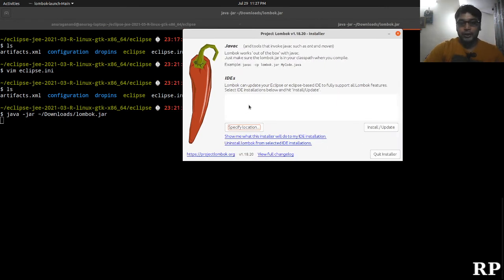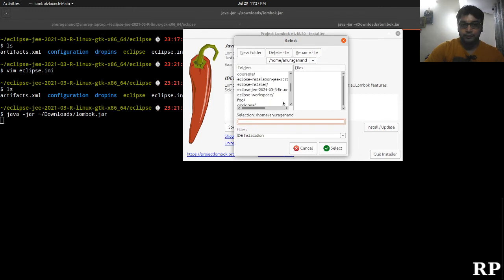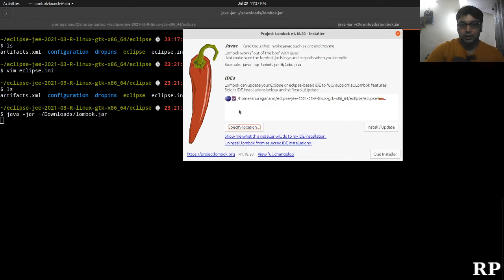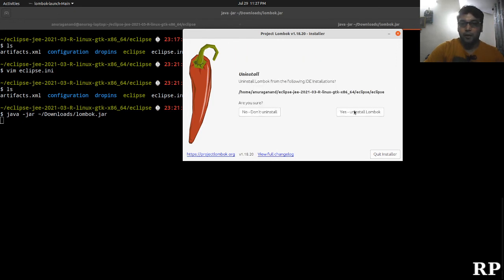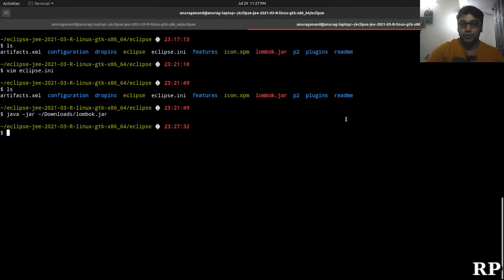In your case it is possible that Lombok will detect the Eclipse installation, but in my case it is not happening, so I will provide the location. So this is the installation path, go inside, and select. So it has found that IDE. I will say uninstall Lombok from the selected IDE installation because I already have it installed. Yes, uninstall Lombok. Okay, it is done.